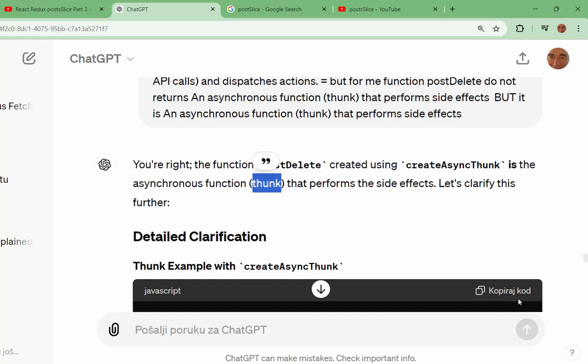then we use a thunk. And what is a thunk? Action creator. We always have an action creator when we have Redux, because Redux needs an action in the store, in the reducer. Action changes state.